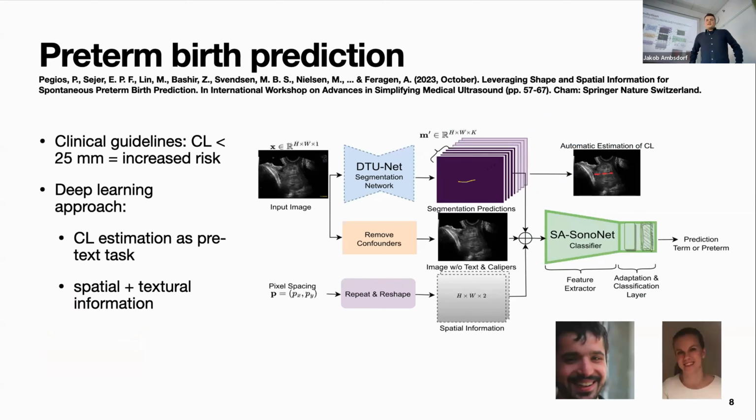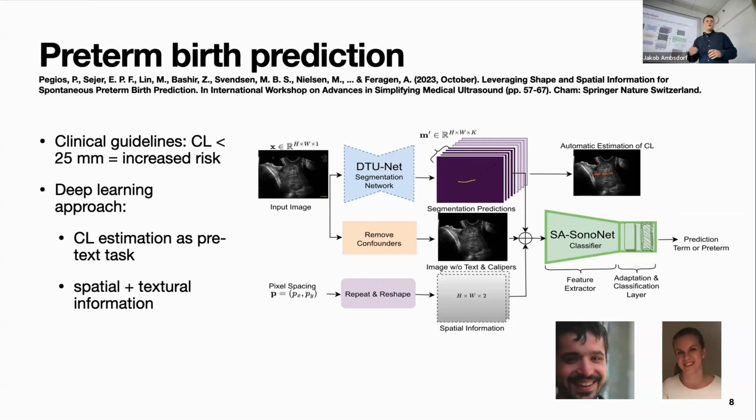Second work that I wanted to highlight is on preterm birth prediction, by Kivas as the first author, and then also Emilia from the clinical side. What they looked at here is preterm birth prediction. What you do there is you measure the length of the birth canal usually. And that's all you do in the clinic. That's kind of the gold standard. You capture an image of the birth canal and then you measure the length.